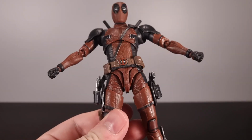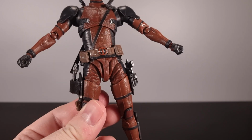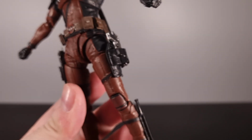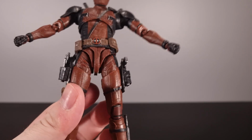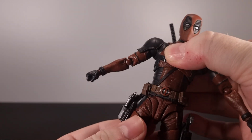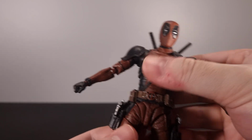Bootleg, I don't trust the plastic. So yeah, you could always have him holding one of the guns and you wouldn't notice that the holster was wrong. You might not even get a wrong holster. Like, I've probably just been unlucky. So yeah,